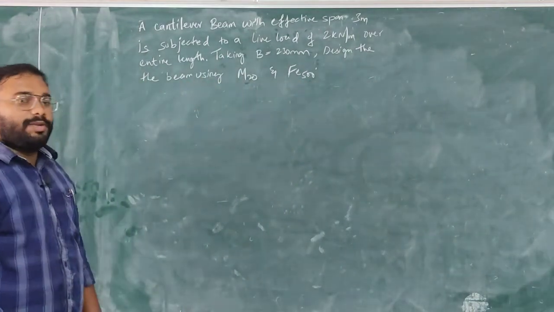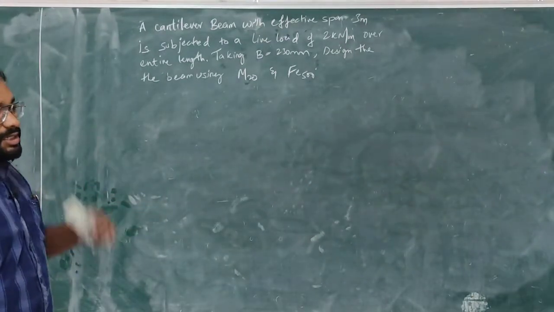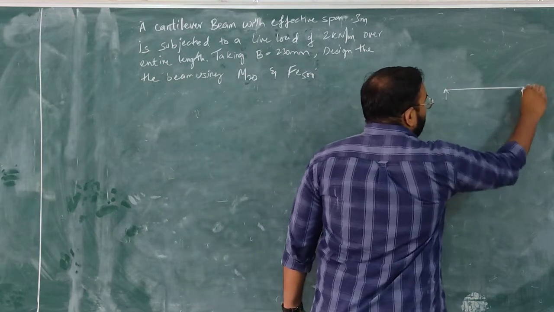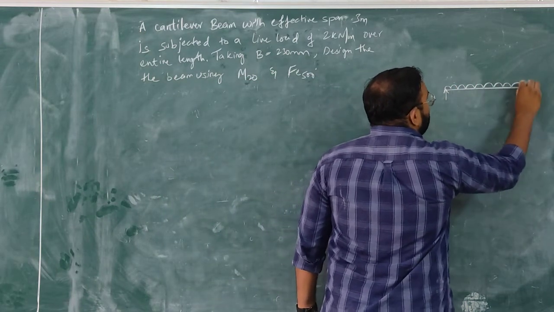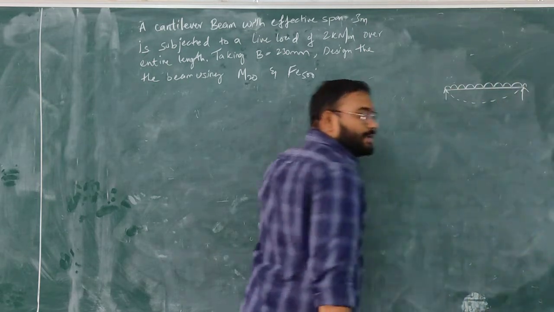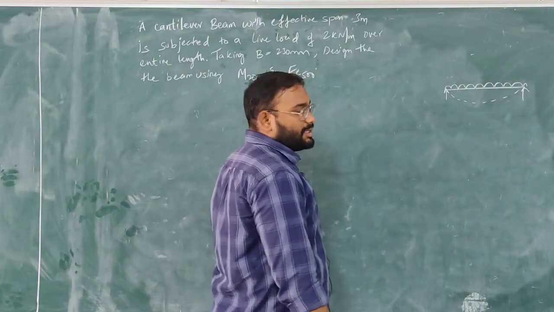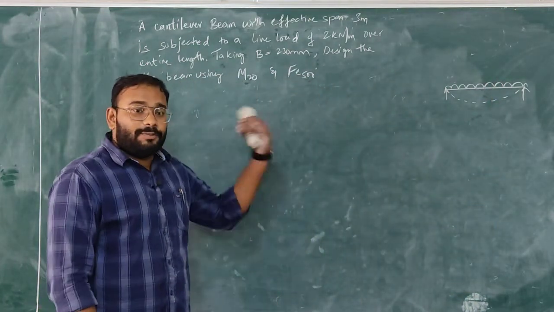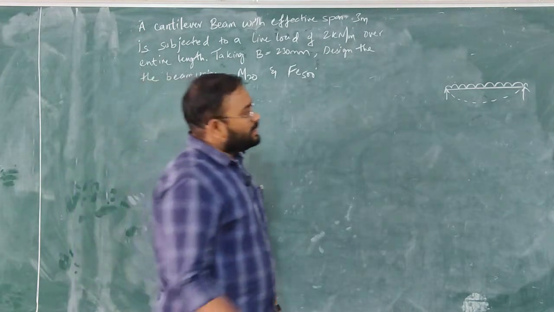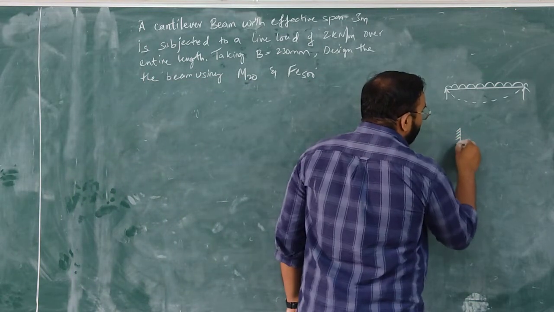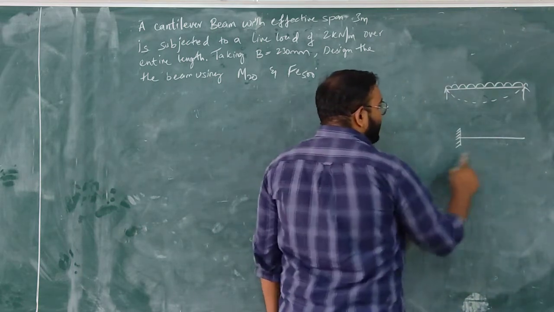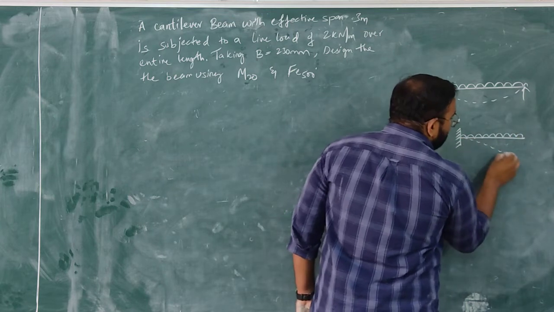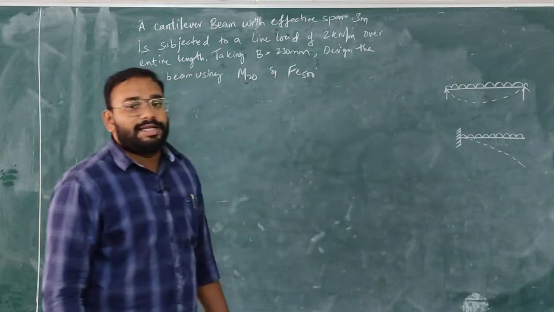Previous problem, it was a simply supported beam, right? Now this is a cantilever beam. See here, for a simply supported beam, if I apply a UDL like this, the beam will deflect in this manner, right? The deflection of beam will be like this, such that the bottom fibers will be in tension and top fibers will be in compression. Suppose you take a cantilever beam, it will be like this, one free end, one fixed end. I apply a UDL on this beam, deflection is like this. Now tell me, where is compression, where is tension here?